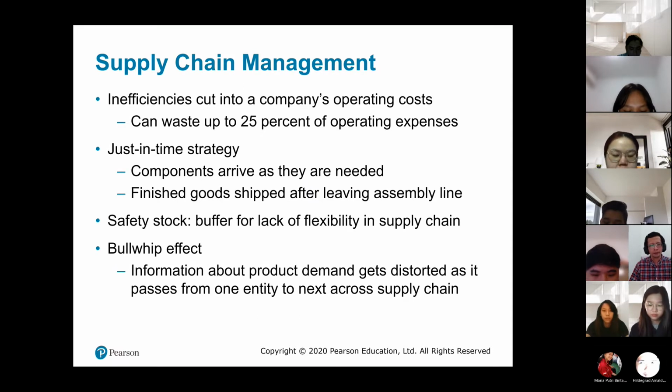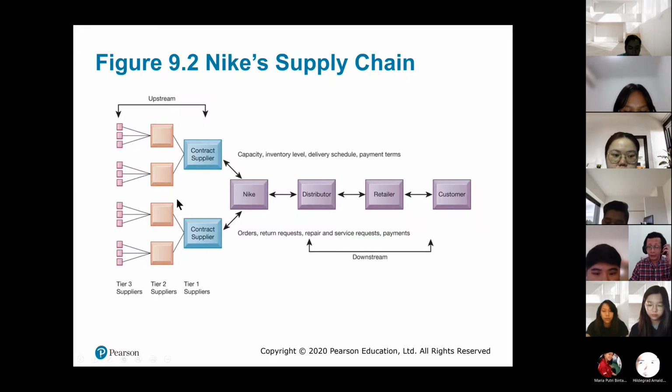Another problem with supply chain is what is called the bullwhip effect, especially if supply chains cross the boundary of nations or countries, like Nike here, for example. The Nike manufacturing plant itself is distributed in a few countries, like Indonesia, and the products will be sold somewhere in, I don't know, perhaps